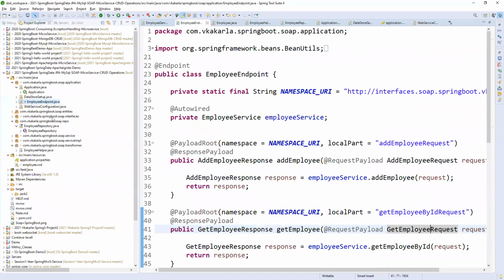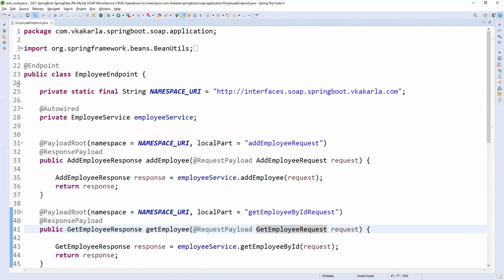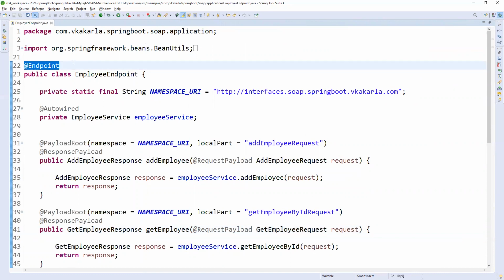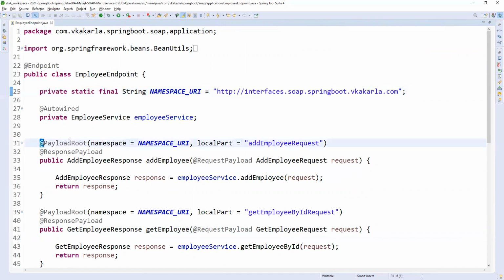Endpoint. So this is very, very important. Endpoint is nothing but our controller of this web service. So here endpoint is nothing but a REST controller. It is equivalent to a REST controller, or it is equivalent to a controller. Fine. So here target namespace. What is the target namespace? This is nothing but where all the request and response objects are available. Fine. So payload